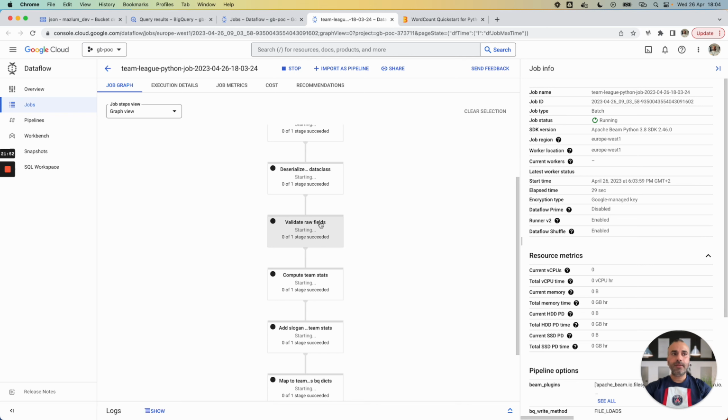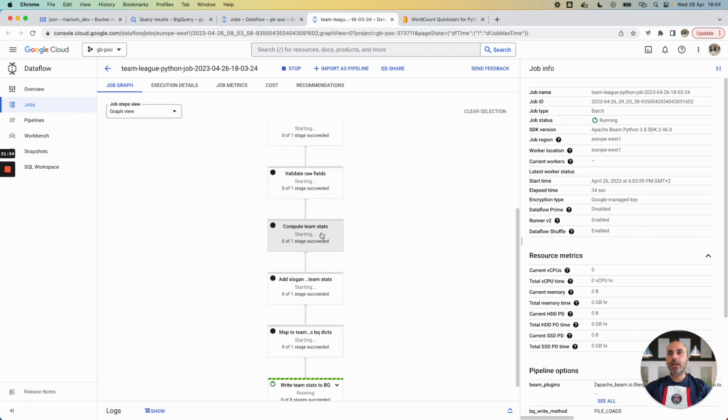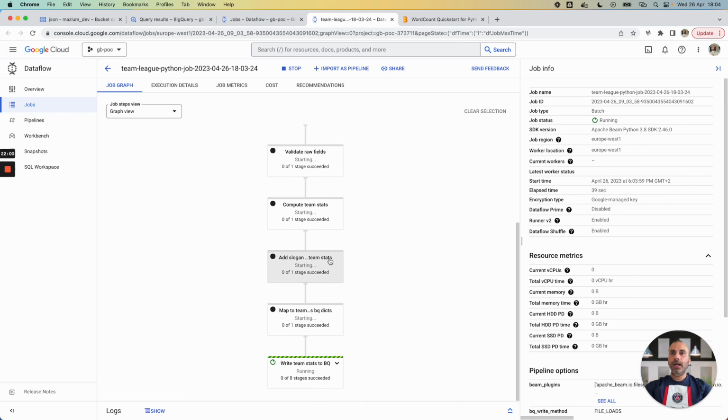I validate the required fields. I compute a TeamStat domain object with all the business rules. I set the current slogan to the team. I transform the TeamStat domain data to a dict before it is written to BigQuery.